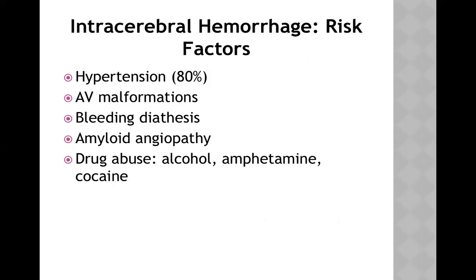Now, what are the risk factors for hemorrhagic stroke? Now let's analyze them. Hypertension tops the list. In 80% of the cases, hypertension is the risk factor. There is no doubt about it. The name itself is hemorrhagic type of stroke. So hypertension will lead to rupture of a small blood vessel inside the brain, which is supplying some vital structures,